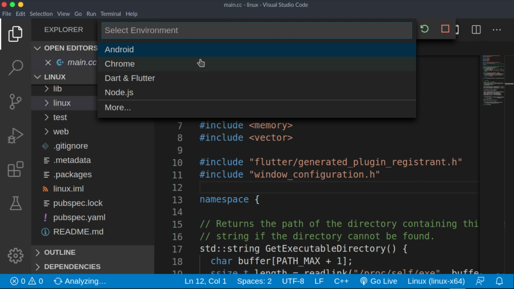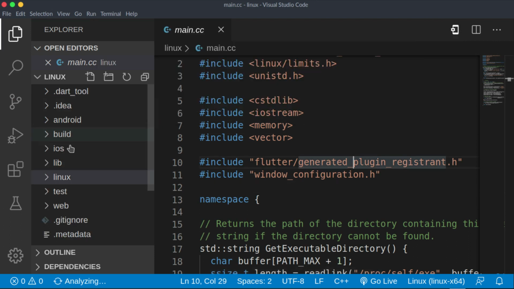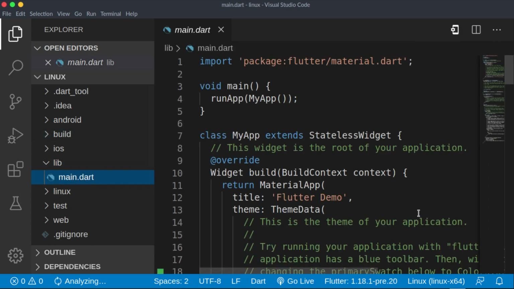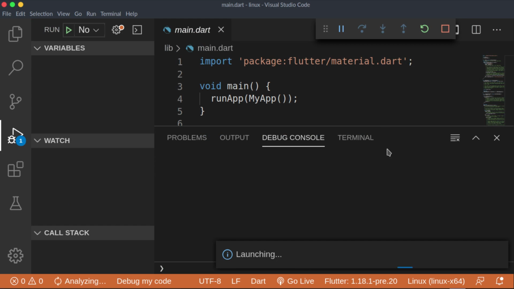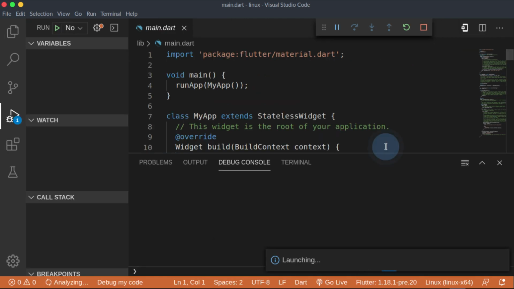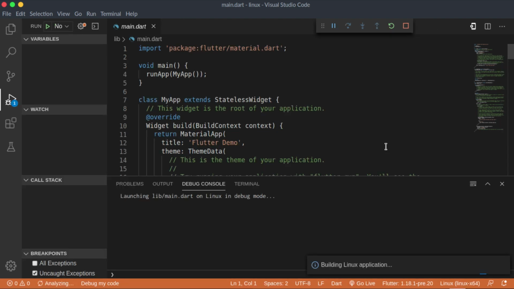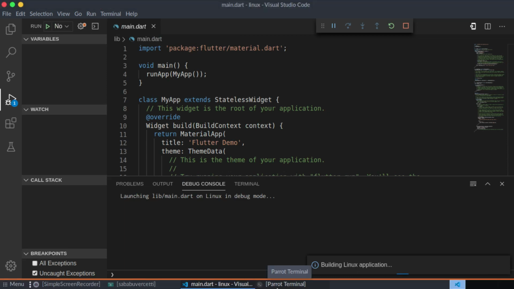Okay, VS Code has an issue detecting Flutter until you open a .dart file. So yeah, let's press F5, and as you can see, it's saying launching. I think this font is too big. It's launching on one device, building Linux application. Yeah, things are looking good for the Flutter side, and I'm very excited about it,